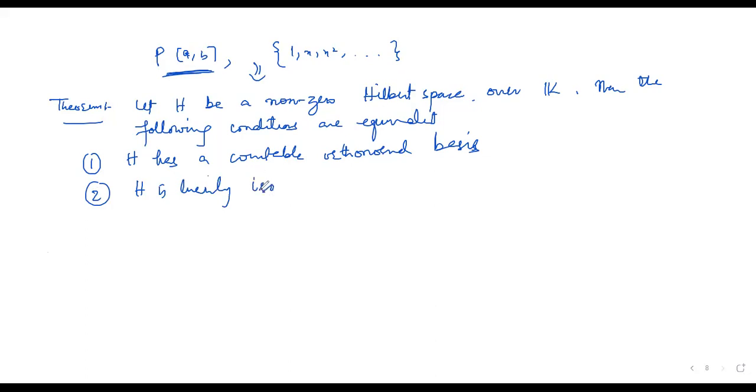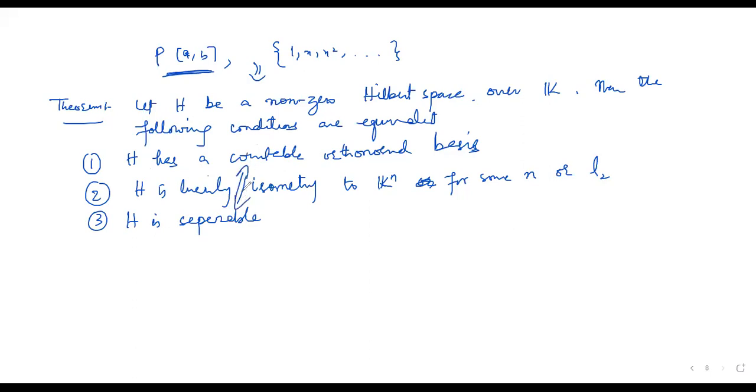Now we can define a linear isometry that preserves the distance and linearity to Kn for some n, or small l2. Third, H is separable. Separable means it has a countable dense set, यानी ये तीनों conditions एक दूसरे को imply करती हैं। तो कभी कभी क्वेश्चन ऐसे आ सकता है, show that H has a countable orthonormal basis if and only if it is separable, यानी तुम्हें कभी कभी डायरेक्ट ये equivalence of these two भी एक condition आ सकता है,